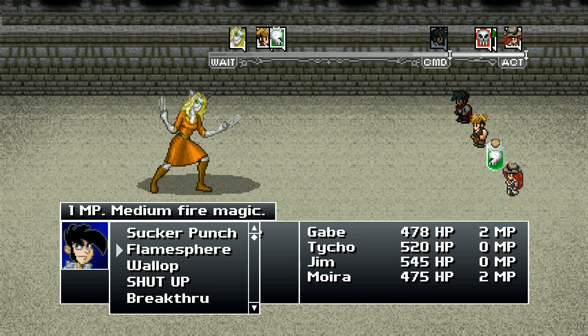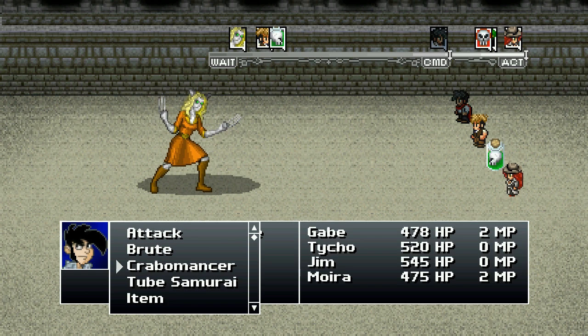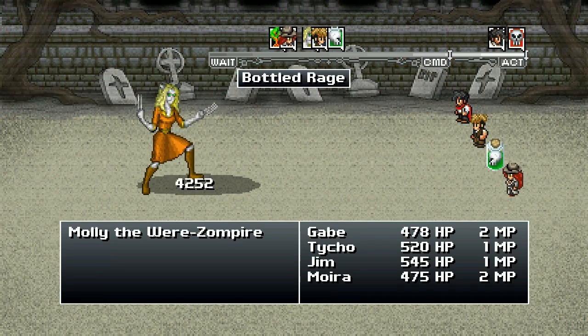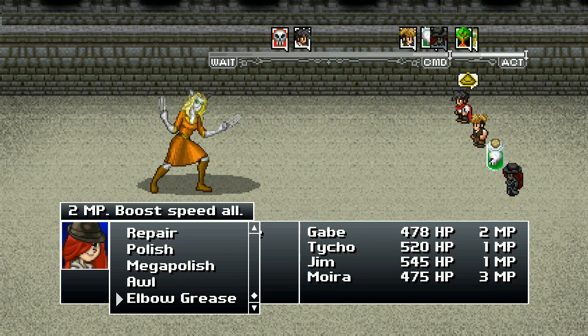And she's also resistant to holy, so she's a tough fight. She is also extremely fast and extremely strong. So we need to take care of that. Simple enough. We can take care of the speed with the slow, and we also can take care of her